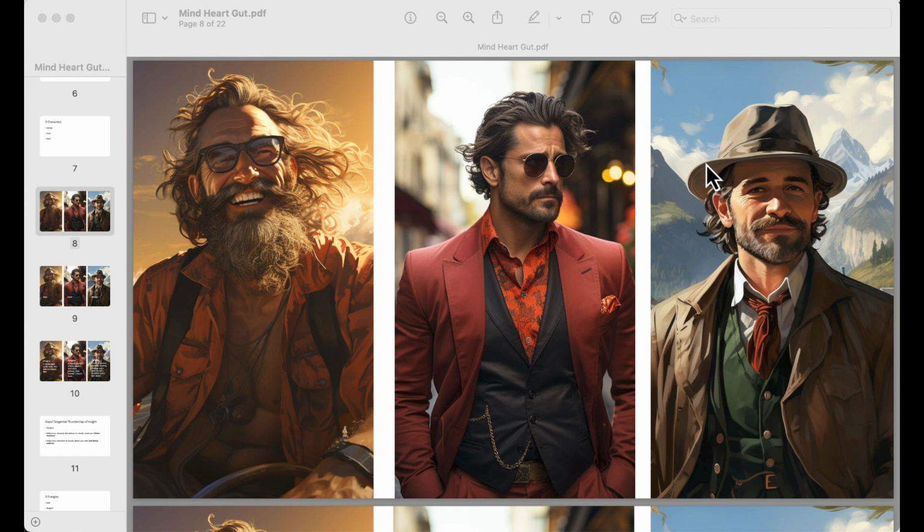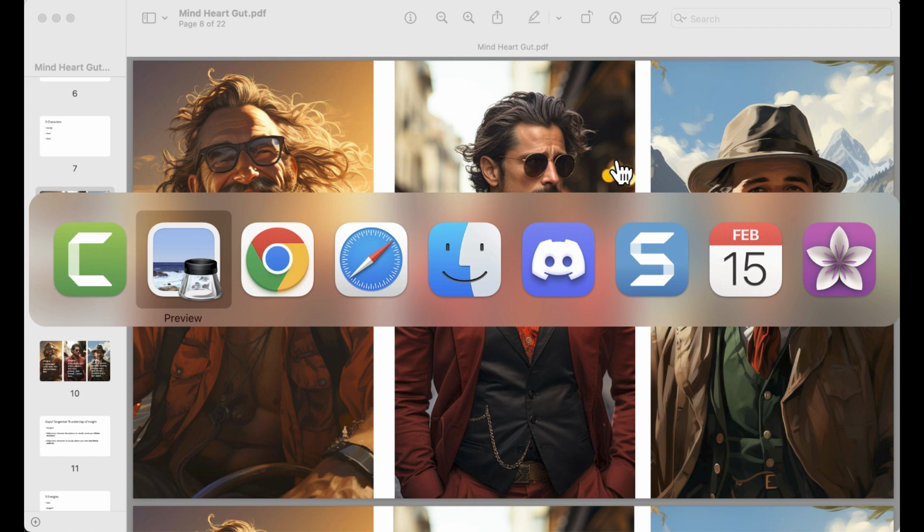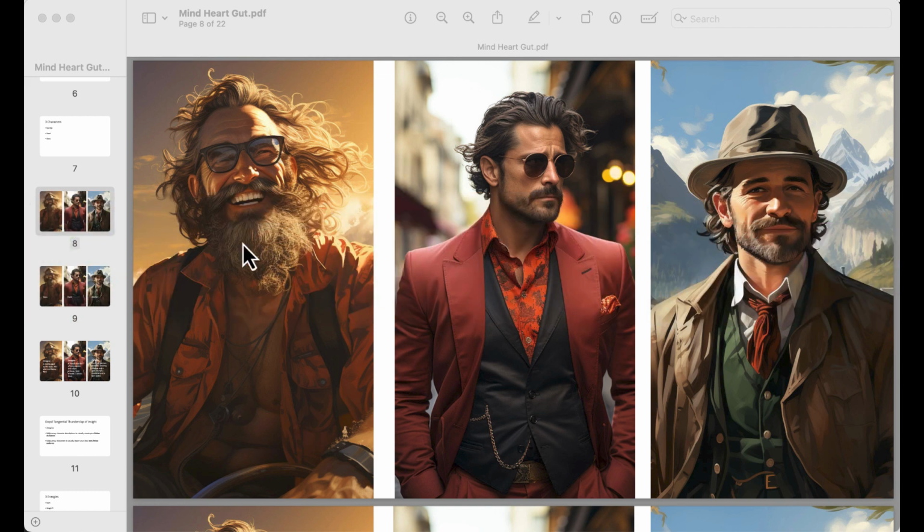So I want to show you how I created these guys, and I'm really happy with them. I like how they turned out. They're kind of cool. I kind of strive to be these three guys, right? They're all in one, and that's me. So that was my presentation, and let me show you a little fun in Midjourney how I created this. Okay, here we go.